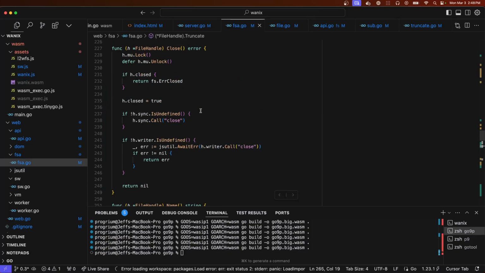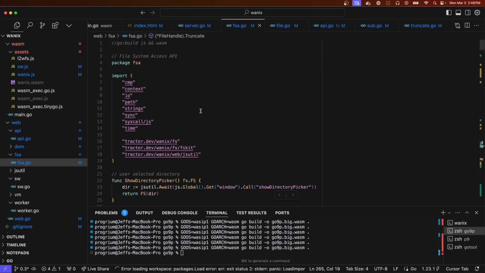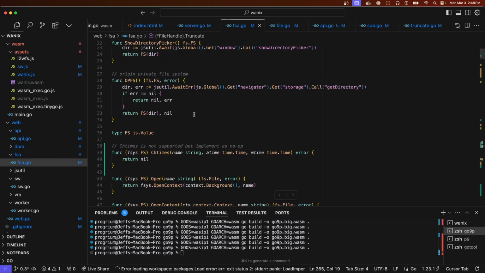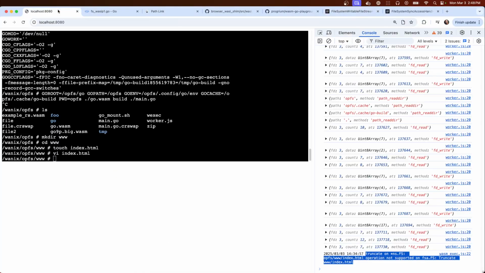There, now we should have truncate on OPFS. Which, funny that it was VI that triggered that.